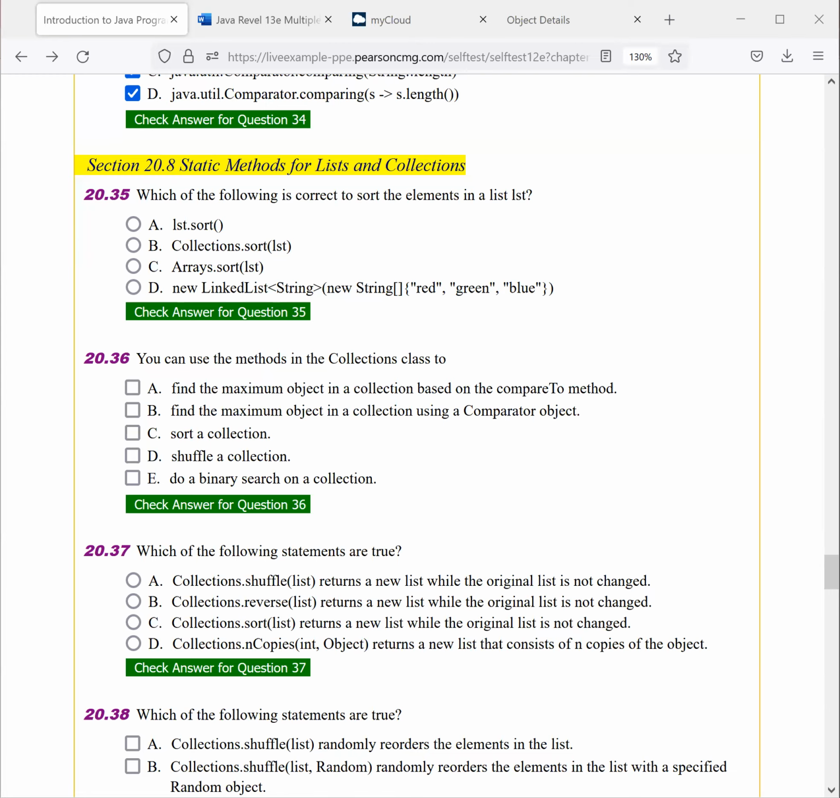Hello, welcome back. We will continue to look at the remaining multiple choice questions in chapter 20 of the Java book. So we're going to start from this question,